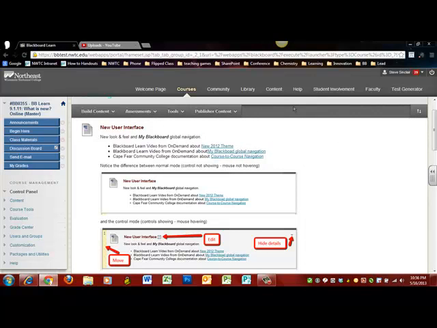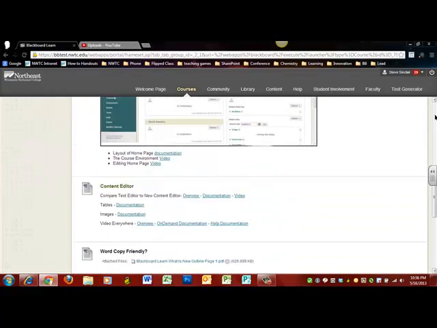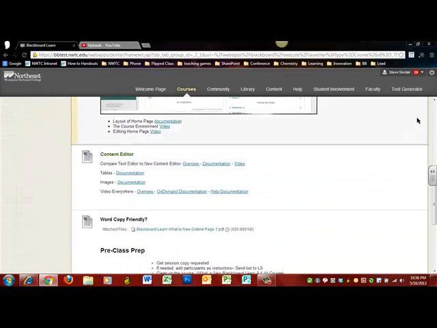Next thing you'll notice is the change in the user interface when it comes to the mode that you're in. When you're hovering over an item, the controls show up, and when you're not, they don't. So if I scroll down here to an item where you can see two items at once, when I hover over this content editor item, you notice over here on this side, I have my movement gadget. Here in the center, I have my edit gadget, and here on the far hand side, I have my hide